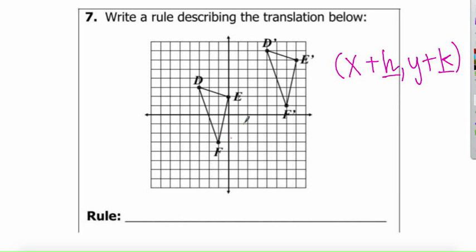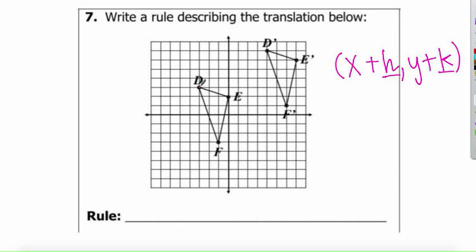So the big idea here is make sure you know which one's the original and which one's the new one. It's because I got to start with the original and move to the new one. The big idea here is I don't actually have to check all 3 points because they should all be moving by the same amount if it was done correctly. I just need to pick any coordinate, say I choose D, and I just need to look at how D